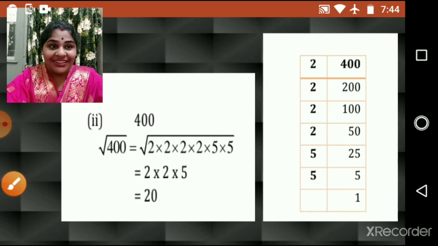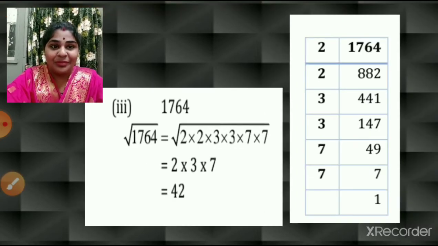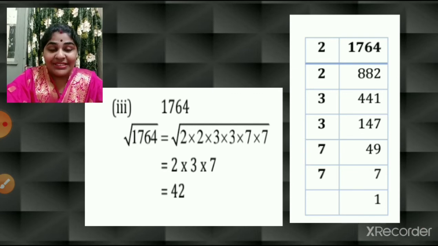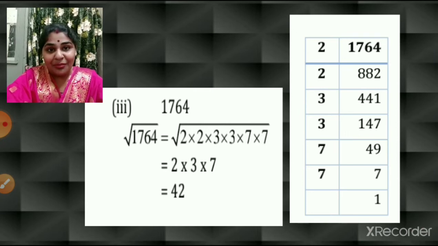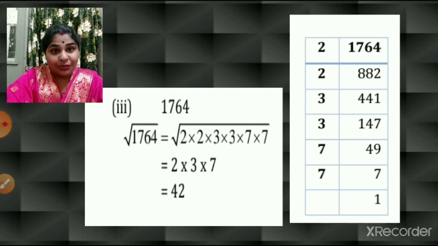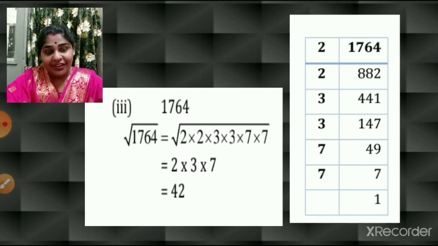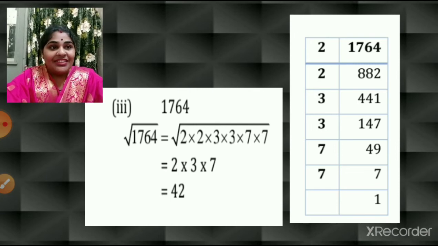I hope this is clear. Let us see one more example. So it is 1764. Now you can see, children, using this method it is so easy to find the square root of any 4-digit number, which earlier was very difficult for you, right? So using this method you can find the square root very easily. So here it is given